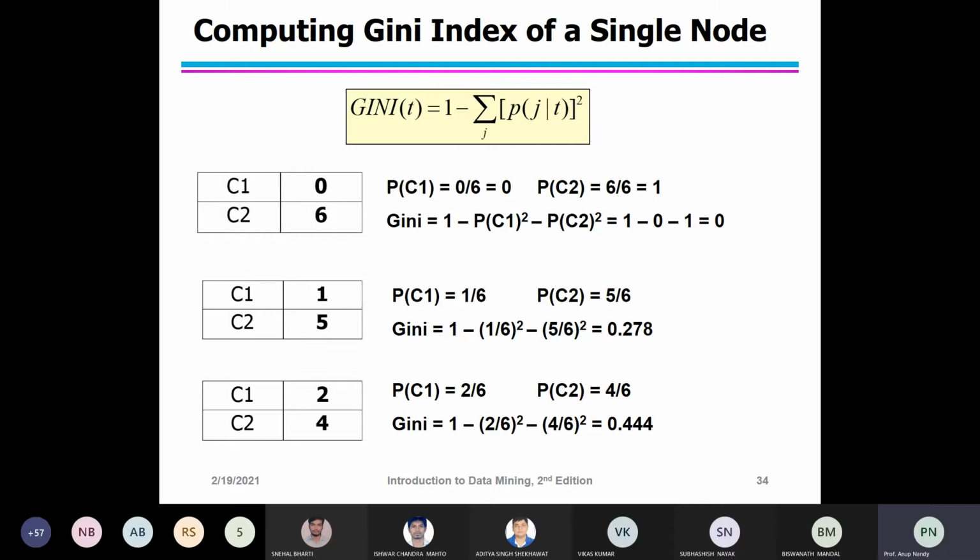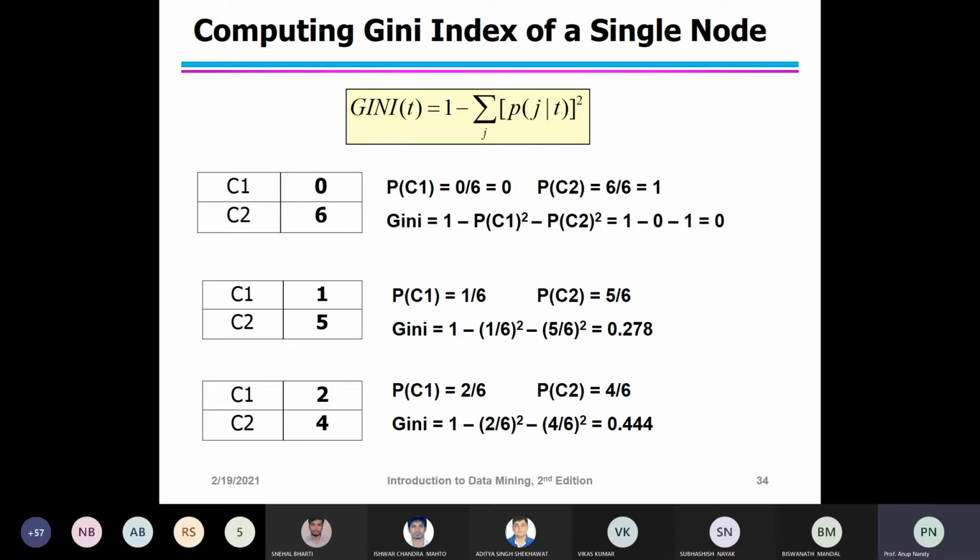The parent node means before splitting, and the child nodes means after splitting. Now the larger their difference, the better the test condition. So that is called the gain.